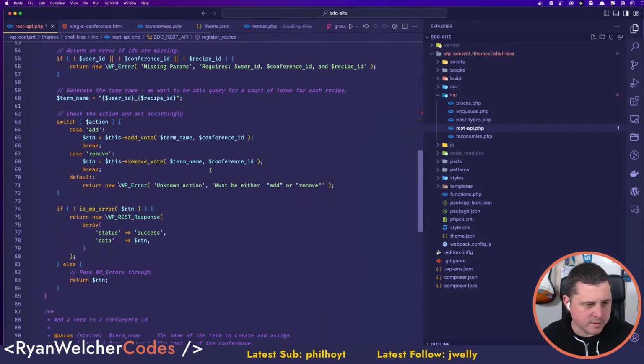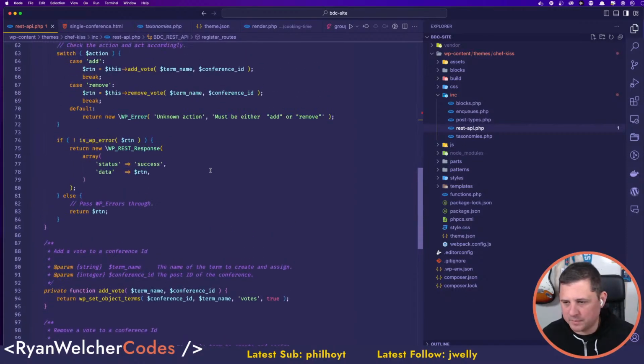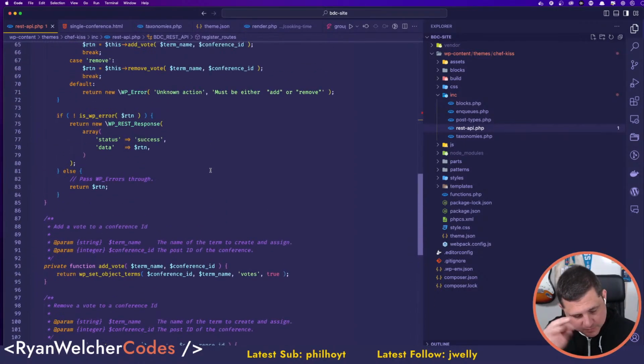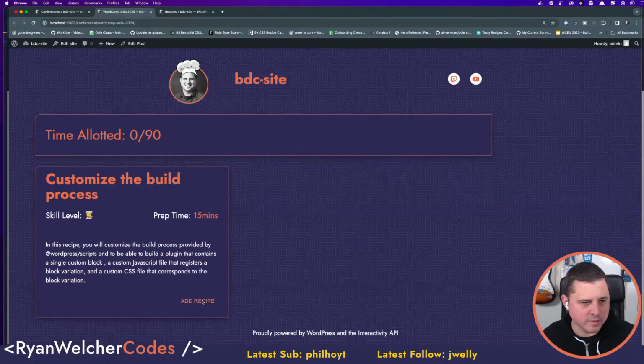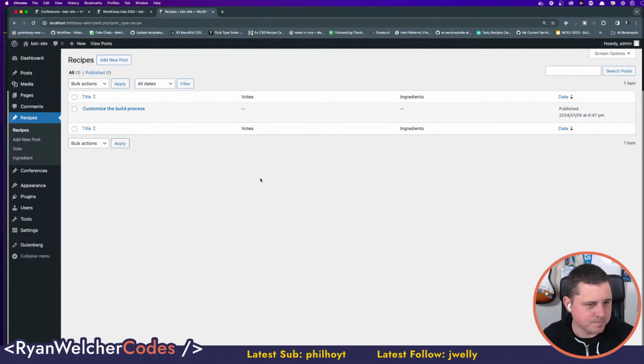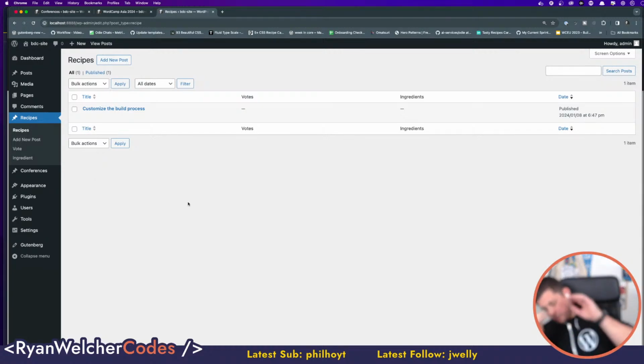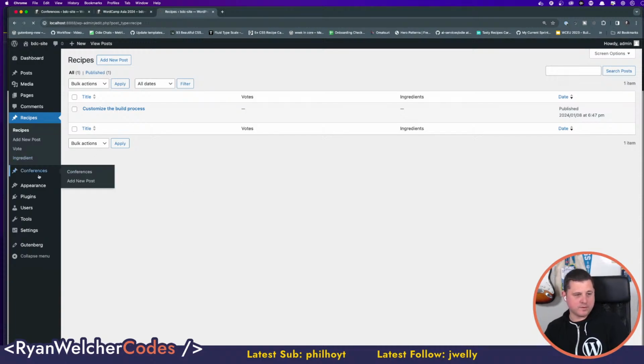So what I want to do is... I'm still working on how this is going to go. But when you vote, the idea will be that it will add a vote to this particular... I'm trying to think of the best way to do this. I want to be able to vote, and I want to have those votes associated with the conference.